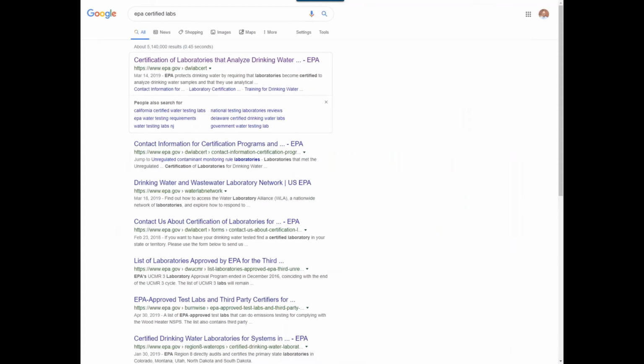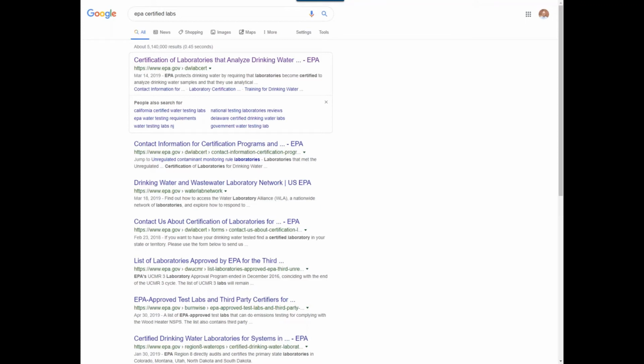As far as certified labs, how to find those? Well, the EPA has a program that each state implements. So every state has a list of labs that are certified to do drinking water samples for community water supplies, which have to test every 3 months. So you can find that list.